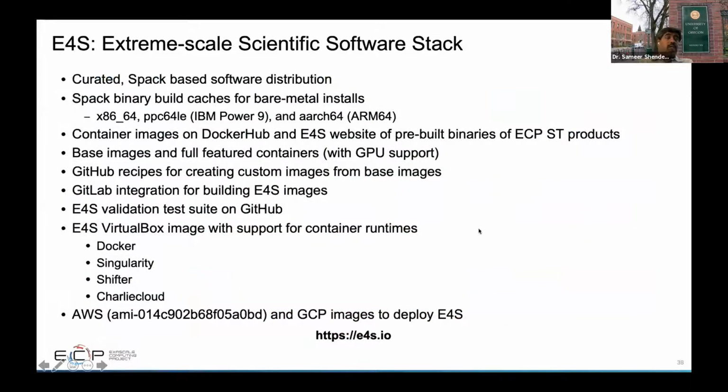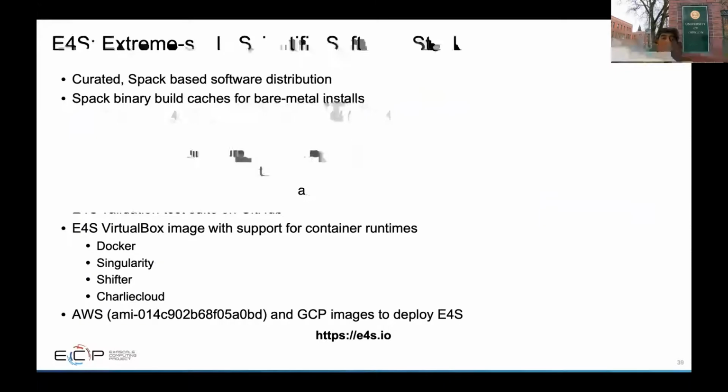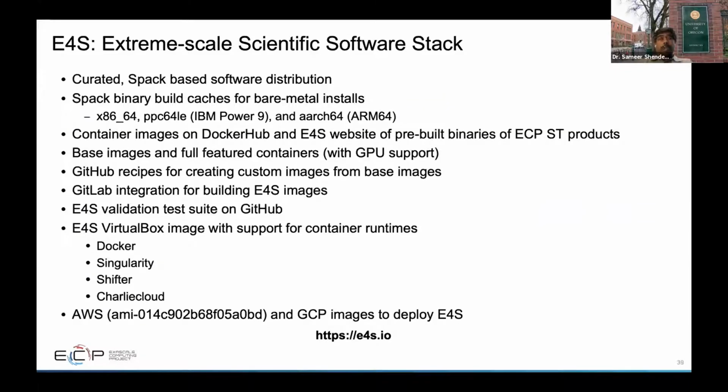So as I mentioned, it's a curated software distribution based on the Spack Package Manager. And we have binary build caches for bare metal installs, as well as container-based deployment for multiple platforms, including PPC64LE. And we have container images on Docker Hub, as well as E4S. We have base images, which you can use to cherry pick these packages and just install what you need to create a customized, optimized distribution, which is compact. Or we have full featured containers with GPU support,